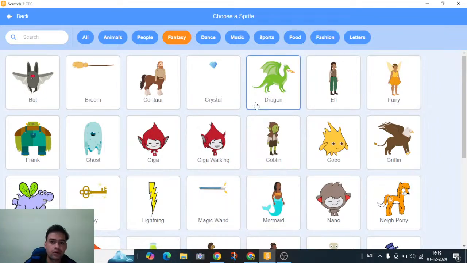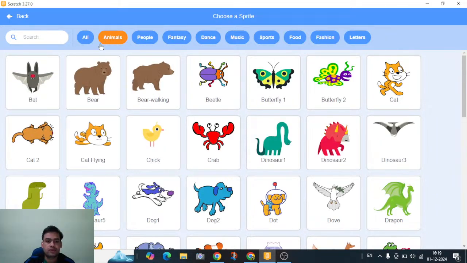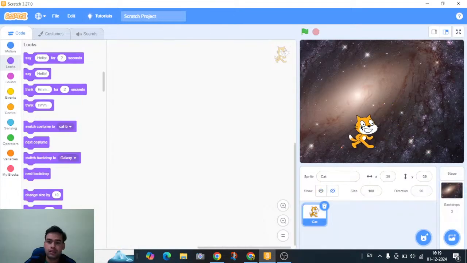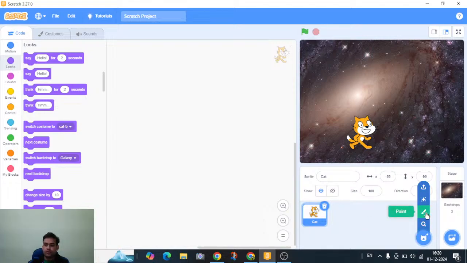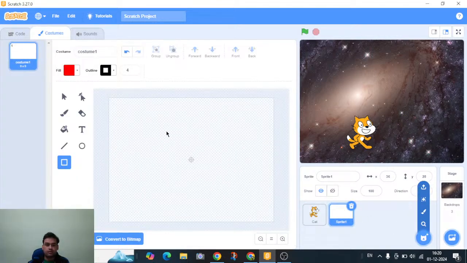Okay, so these are the sprite list. I'm taking the sprite cat. This is one of the default sprites. When you open Scratch, the default sprite will appear every time. This is a cat. So you can animate the sprite also. Okay, so I'm going to make some